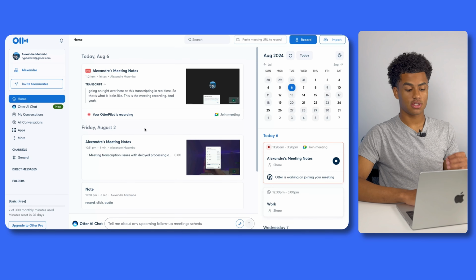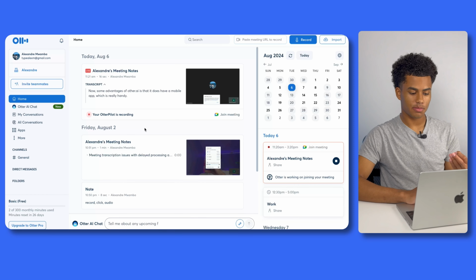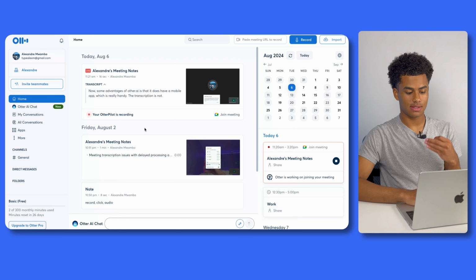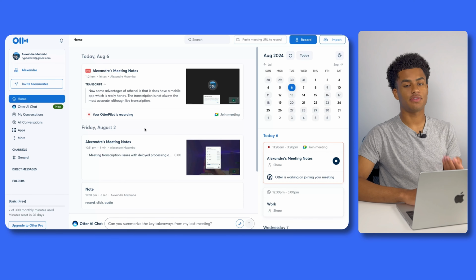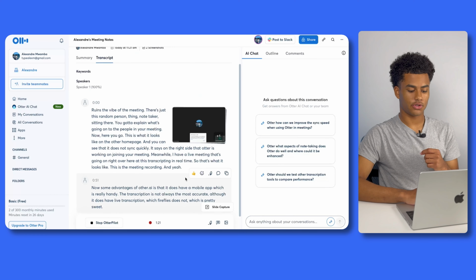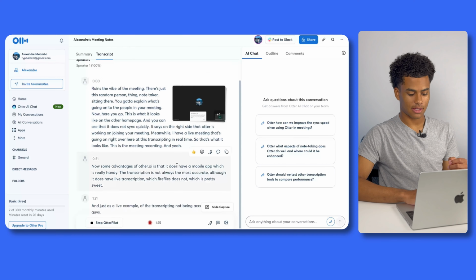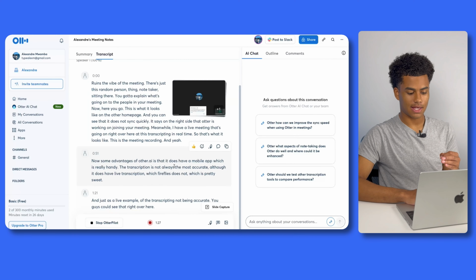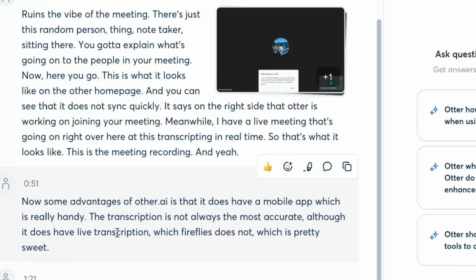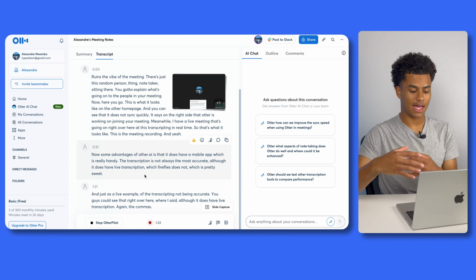Now, some advantages of otter.ai is that it does have a mobile app, which is really handy. The transcription is not always the most accurate, although it does have live transcription, which Fireflies does not, which is pretty sweet. And just as a live example of the transcription not being accurate, you guys could see that right over here where I said, although it does have live transcription, again,